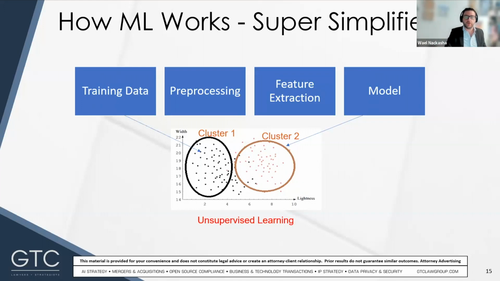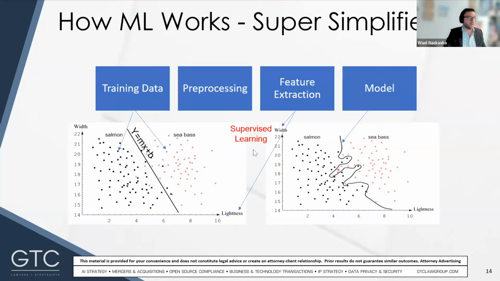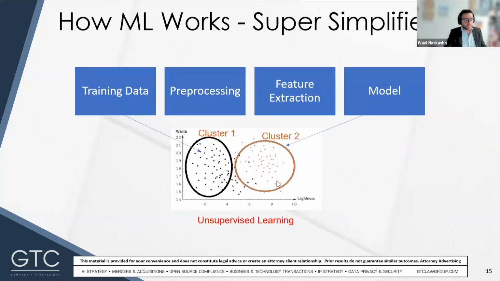That's number one. Number two, take something as simple as this clustering example or the one before it. This one has two features only, the lightness and width, right? And the model is basically a circle which could be represented by a couple of parameters. Or even in the one before it, we have a line which could also be represented by a couple of parameters. We also have two features. If you compare these simple models, they performed okay. You have good results in there. There are errors, of course.